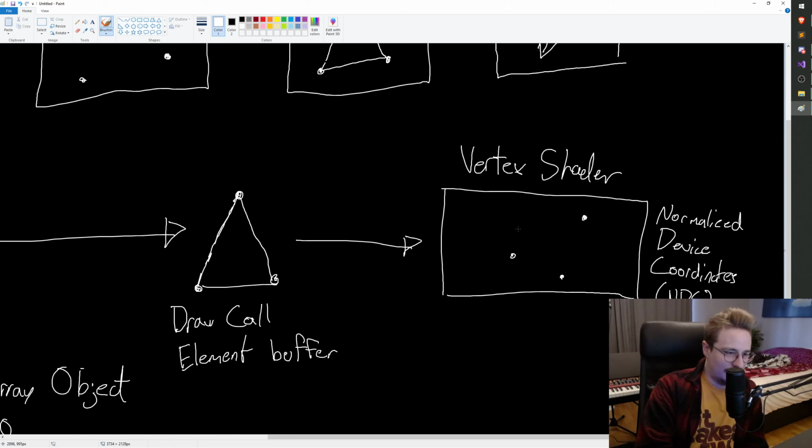It doesn't know what the resolution of your screen is. It doesn't know anything. All it knows is the vertex's relative position to the screen. So it works on a -1 to 1 position system. So smack dab in the middle is going to be 0, and then the same thing for the y-axis. All right, so it takes these vertices and then transforms them into NDC space,